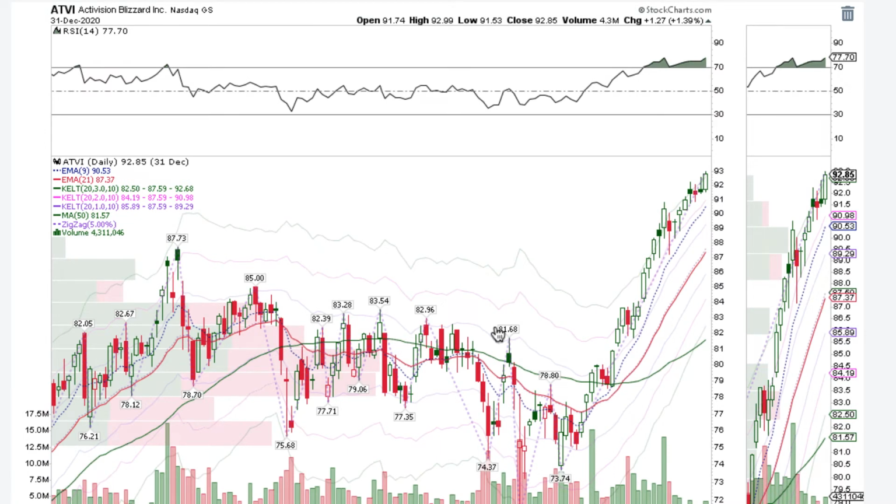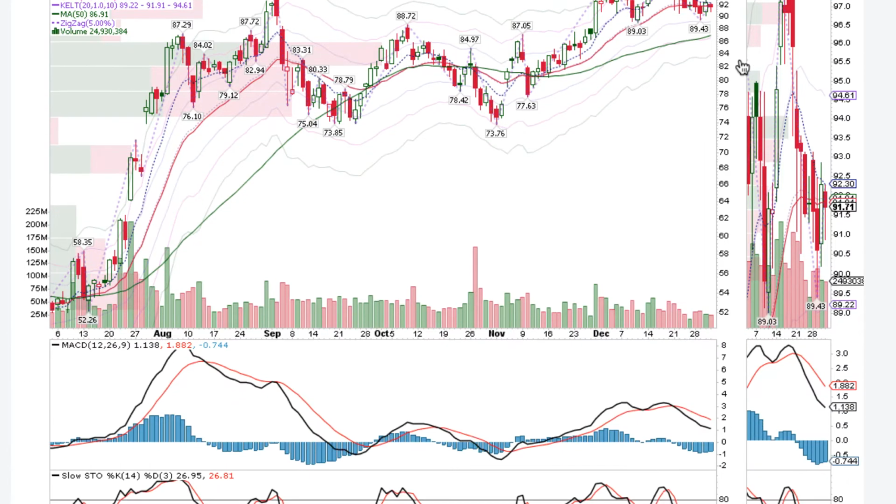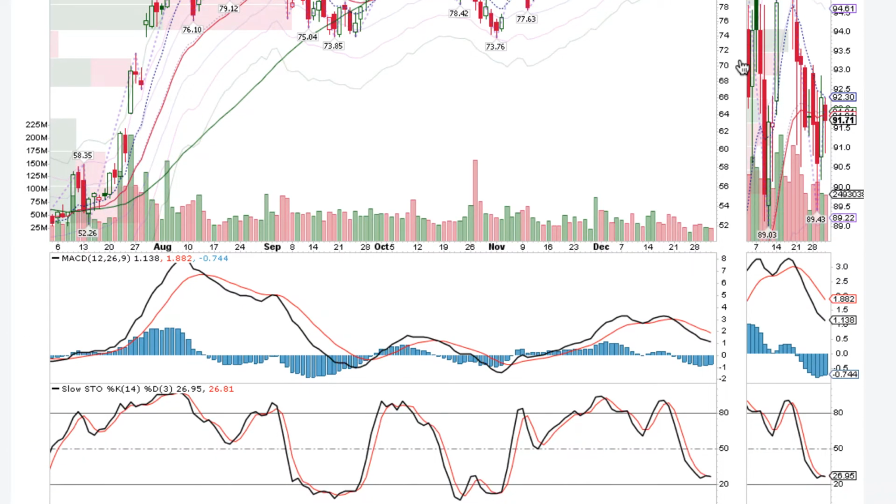ATVI continues its bullish ramp higher, entry level around 83 when Doc Nigerian mentioned it. We bought the pullback. Stock continues to ramp higher. We saw Take-Two and Electronic Arts also seeing some action in the gaming software space, while AMD consolidates near the 21-day moving average. We're looking for this to bounce